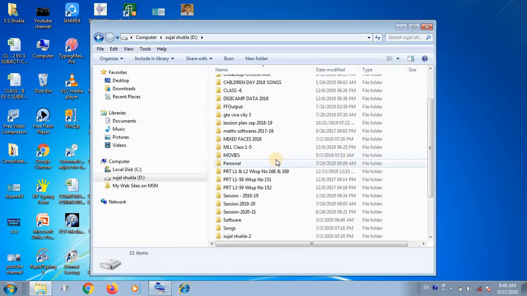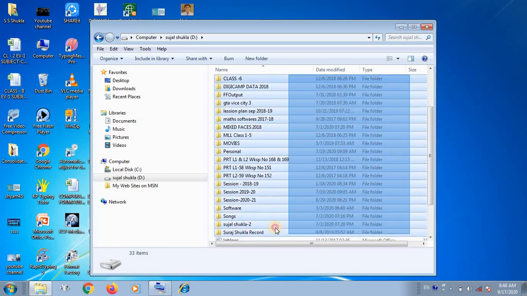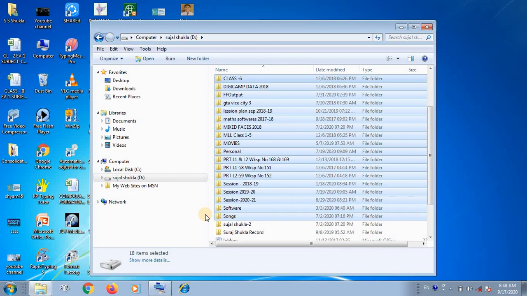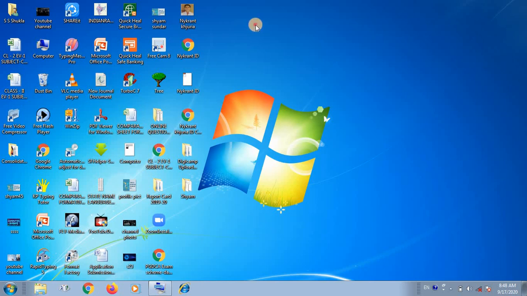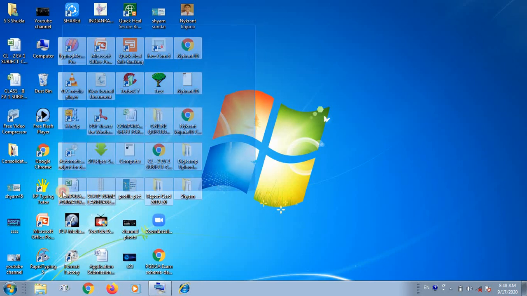I have clicked here. If you want to select many folders and files, in this way you should select. Okay, in this way you should select the files and folders. Just like here, I want to select these files and folders. We can select in this way.